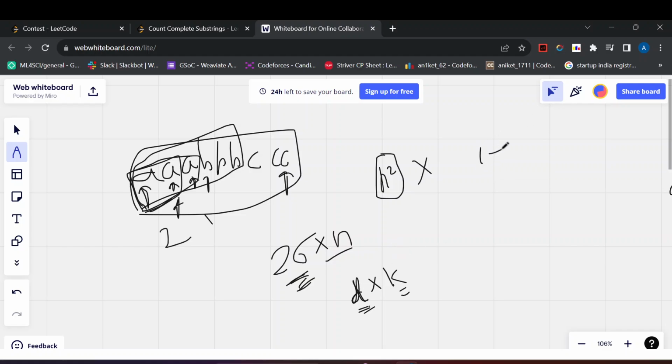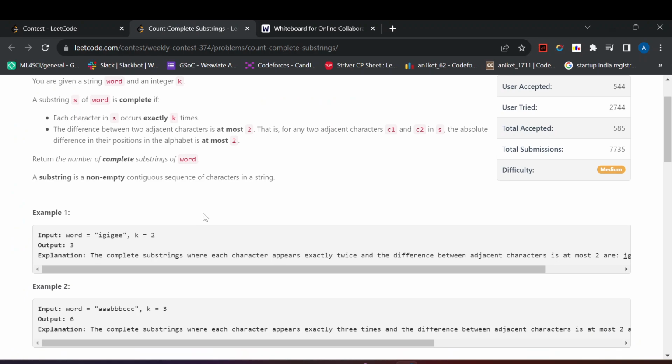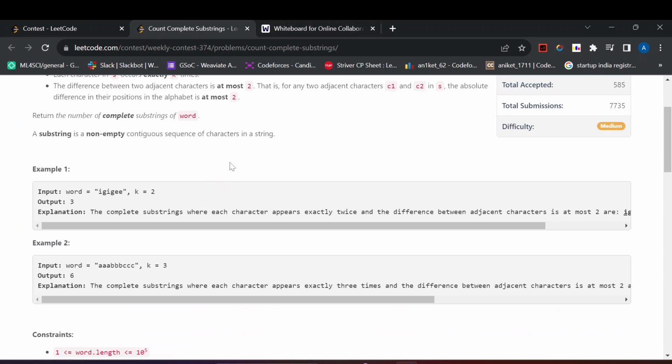It can be 1 to 26. So I can fix this d in one for loop, and I can fix the length of this string as d into k, and fix a sliding window of this d into k length. And then for the second condition, I have to